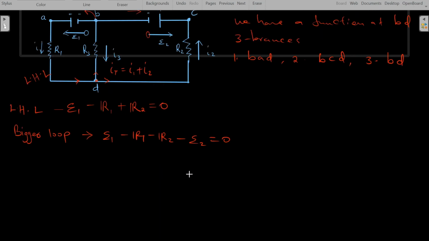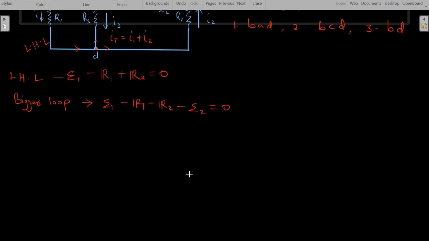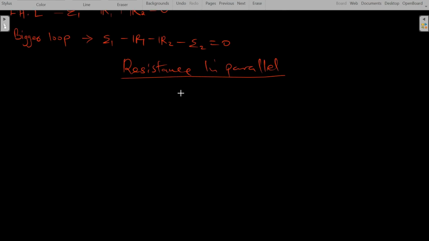Okay, so from this point we are seeing from the bigger loop we are getting that equation. So why are we doing this? This concept, this setup enables us to calculate the resistance in series and the resistance in maybe parallel. For this case it's just in parallel. So for us to calculate the resistance in parallel, as we have seen, this Kirchhoff's rule